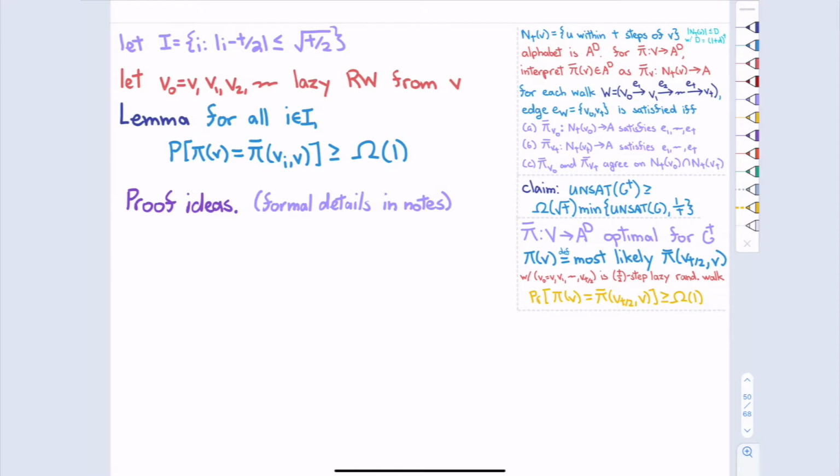So I know if I take T over 2 lazy random steps, I have a good chance of getting that popular letter, because the popular letter is whatever's the most popular among T over 2 steps. But what about T over 2 plus 1? I take T over 2 plus 1 steps and I look at what label it gives to V. The claim is that should also be, maybe not exactly 1 over size of A, but still a constant. But what's the idea?